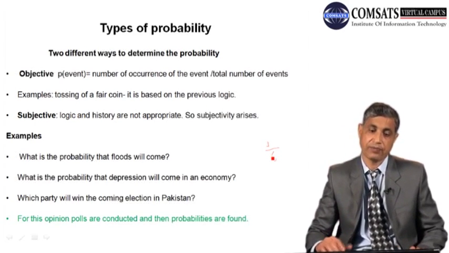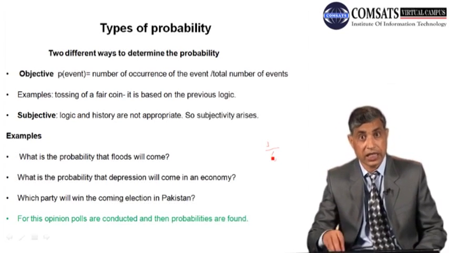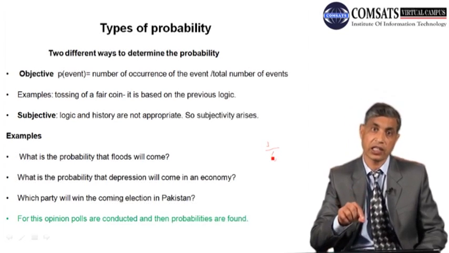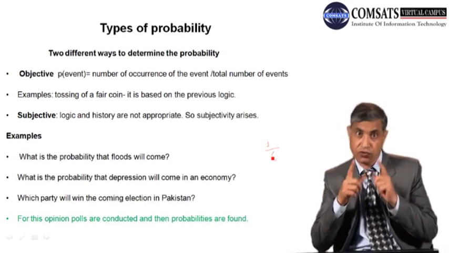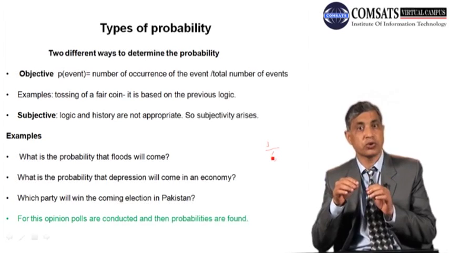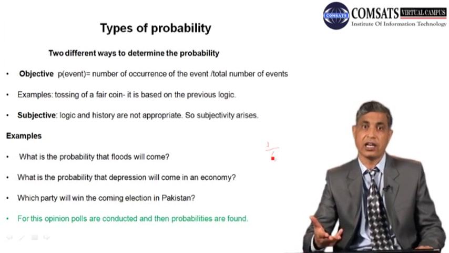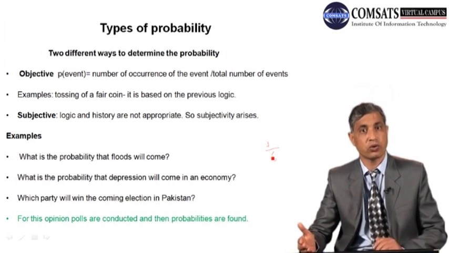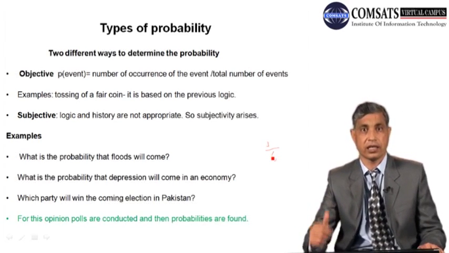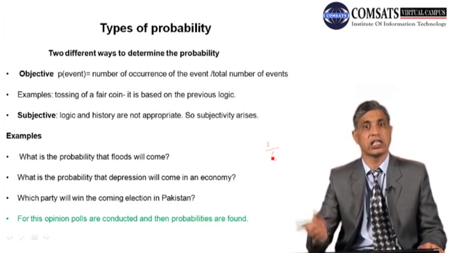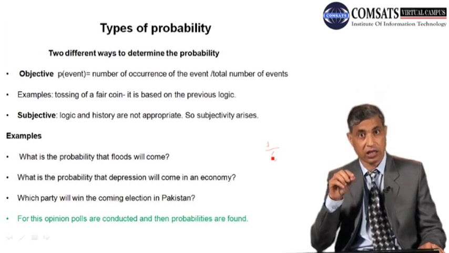Before going further, I will explain what is the difference between the objective and the subjective. The major and fundamental difference is that the objective probability is based on previous knowledge. The previous knowledge is irrefutable and we are 100% sure that when we flip a coin, there is definitely either head or tail. So we assign probability 1/2 or half to the head, and we assign probability half to the tail. But in the subjective probability, our previous or historical information is very weak,